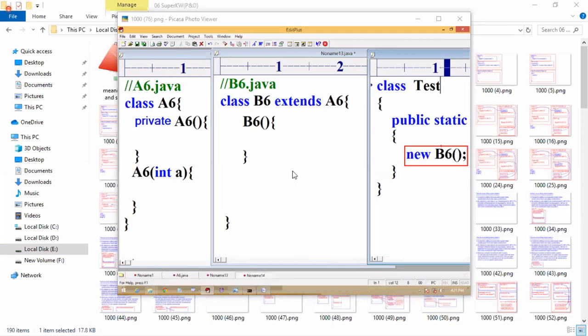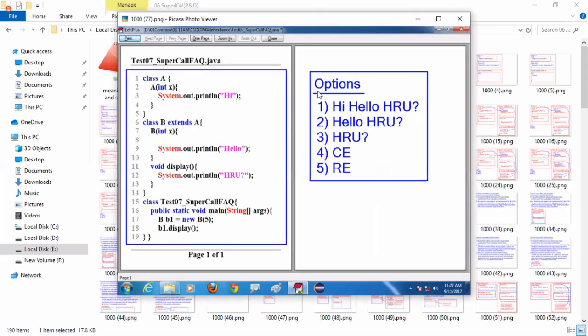Okay, are you confident now about all the points related to the super keyword? What is the output of this program? Find out.